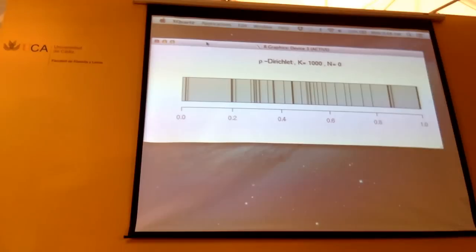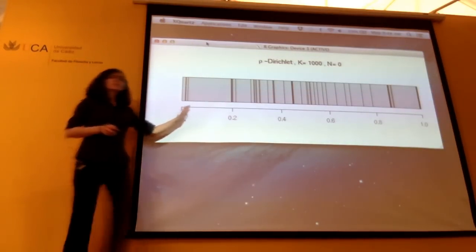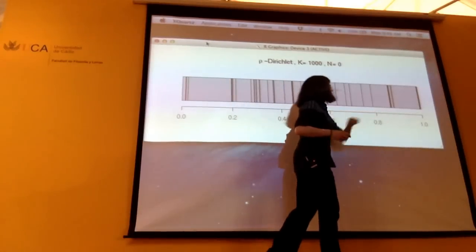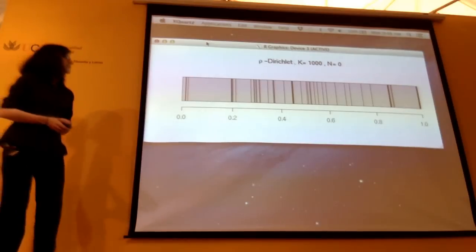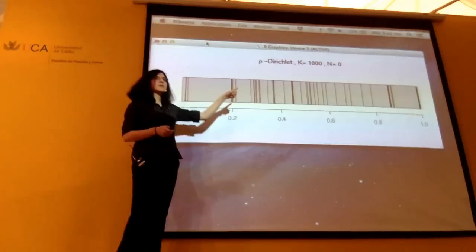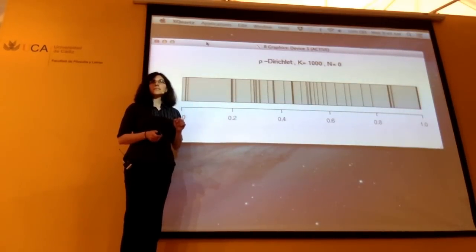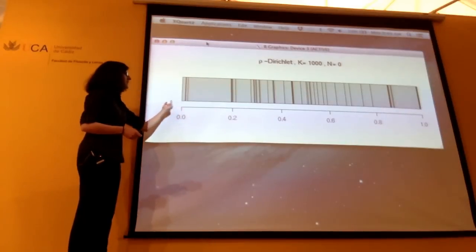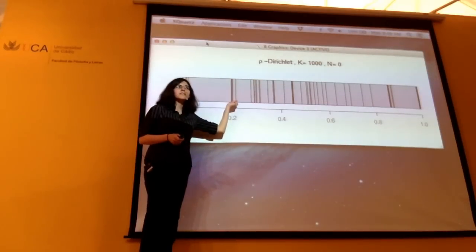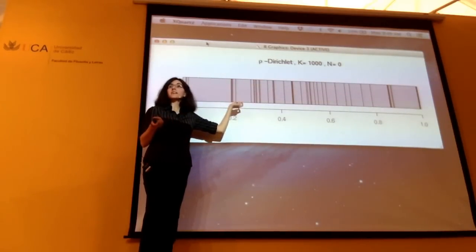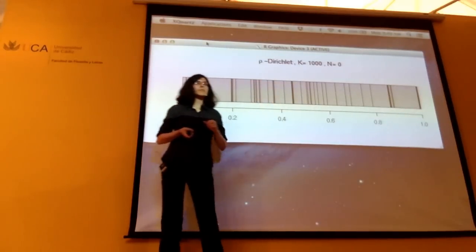Okay, so what have I drawn here? Well, first of all, again, we're seeing the unit interval from 0 to 1. And I made a draw from a Dirichlet distribution. Before we had k equals 2, and k equals 4, and now we have k equals 1,000. You're not seeing 1,000 lines here because some of these probabilities are so thin that they appear as the same line on the screen, but they're all there. There are actually 1,000 of these intervals that add up to 1.